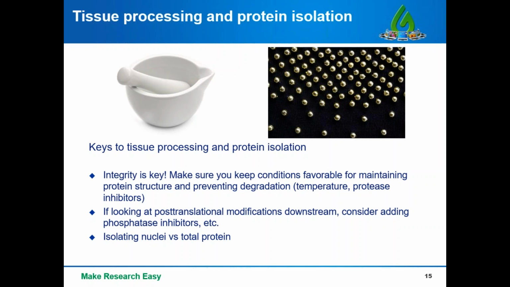If you're looking at post-translational modifications downstream, for example, you'll want to consider adding phosphatase inhibitors. The reason I bring up phosphatase inhibitors is that in my past research, I was actually looking at phosphorylation of a specific protein. So I would add phosphatase inhibitors just to prevent any unwanted or random removal of phosphates at key sites